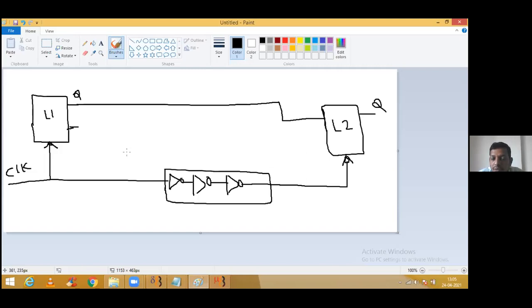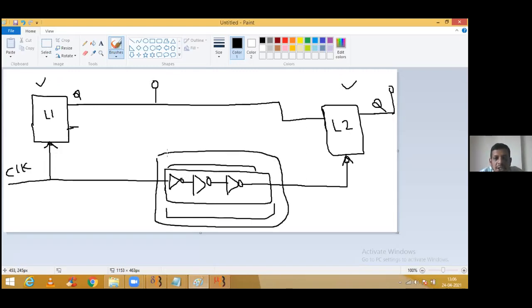First of all, we need to understand what clock skewing is. Clock skew is what? If you have two digital circuits placed away from each other, and we attach the same clock to latch 1 and latch 2 with certain hurdles, with certain delay circuitry over here, what will be the effect on output? Let's say we check the output from this end, and again from this end. What will be the effect of this delay circuitry that you need to observe? That delay circuitry is called the skewed circuitry.